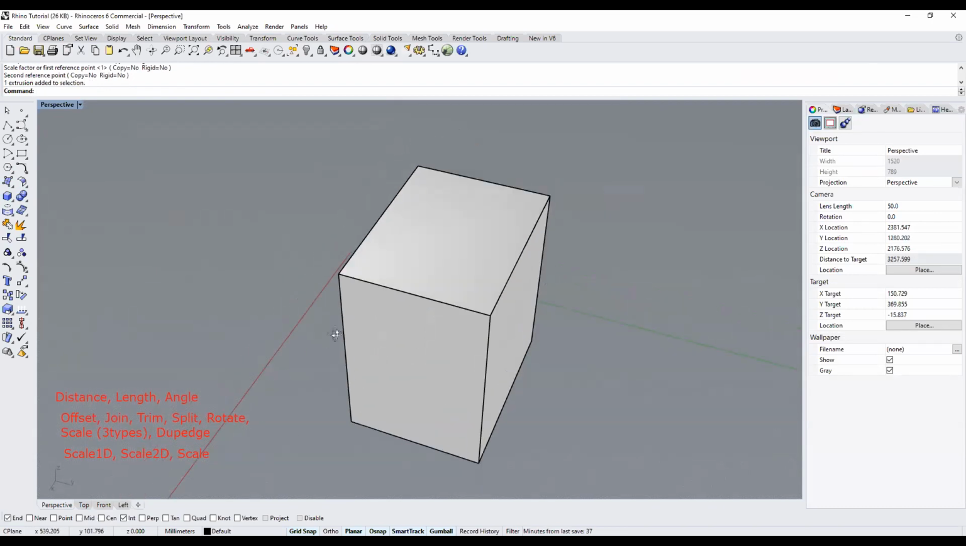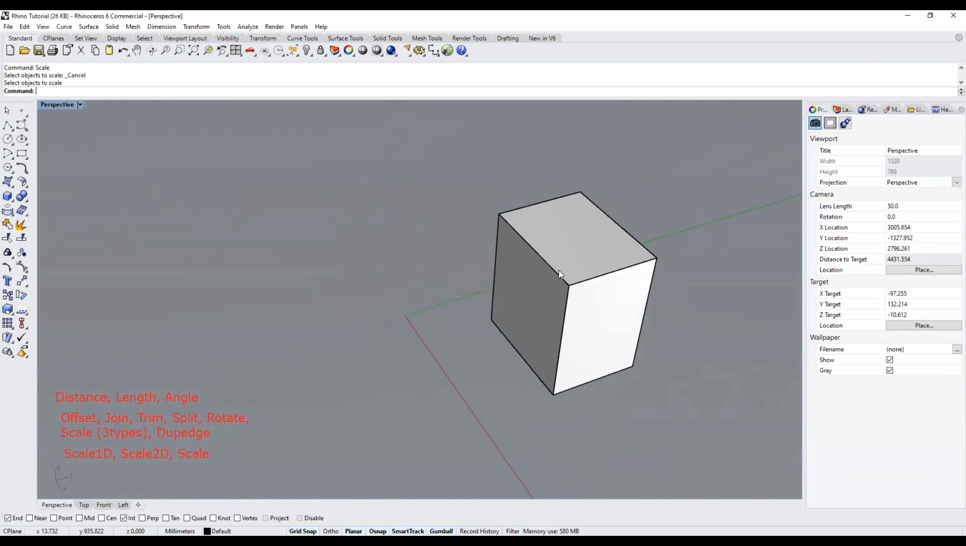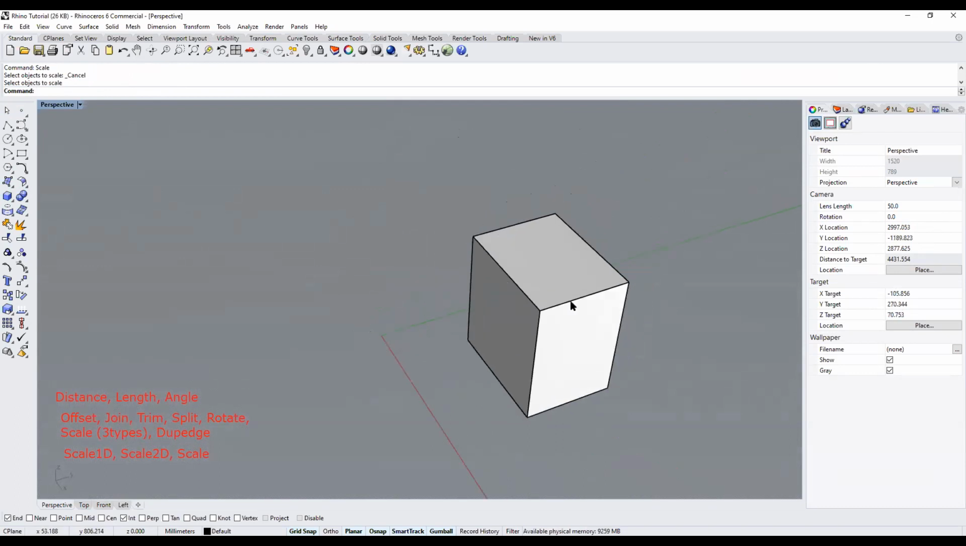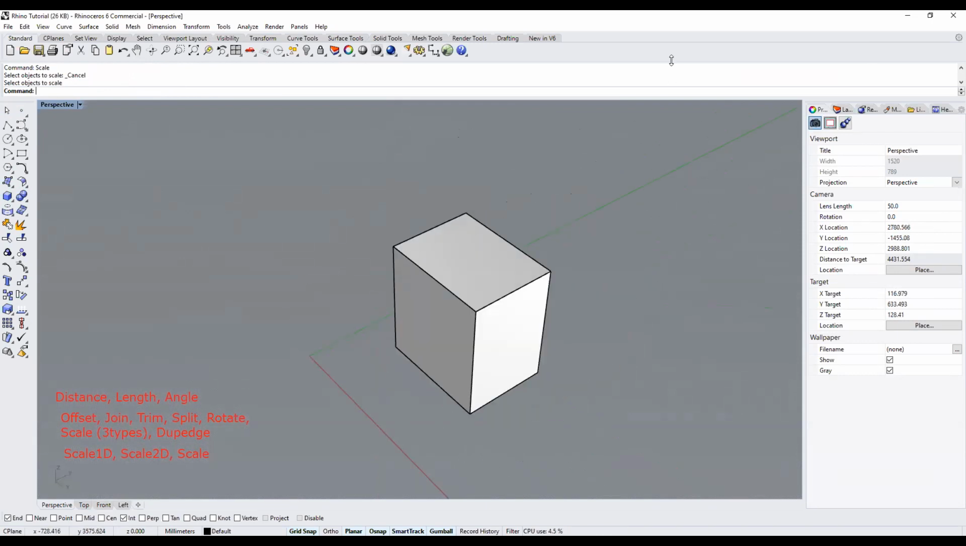And finally, dupe edge. I think this is good if you want to recreate the curve of a polysurface. So you have a curve that,